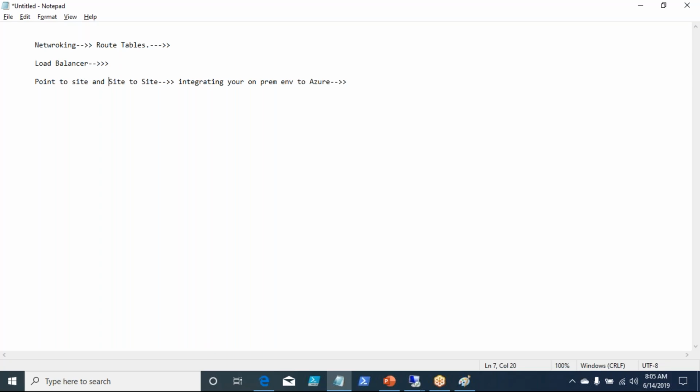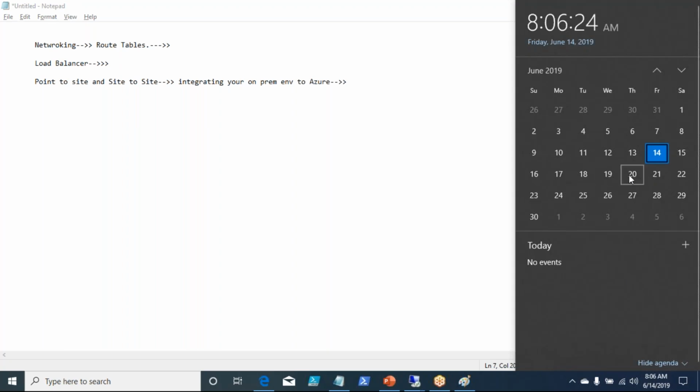Once we are done with the theory, site to site is a little time consuming. It may take 15-20 minutes more than the normal standard time, but we'll try to complete it on Tuesday. So that covers most of our networking part. There are a couple of other small topics which will take another 1 or 2 days. Maybe by Thursday we should be completing our entire networking concepts.